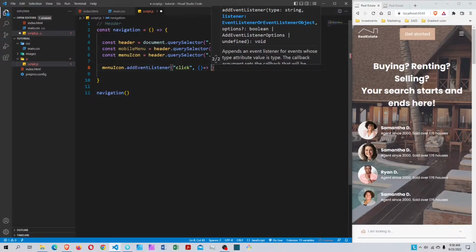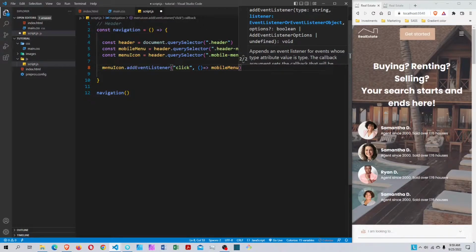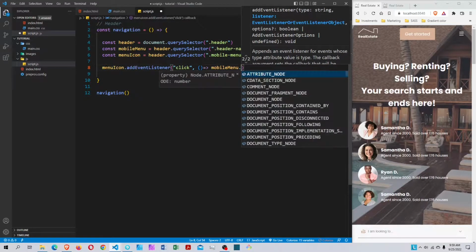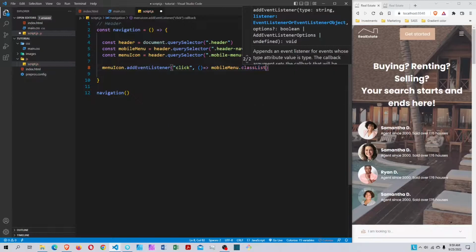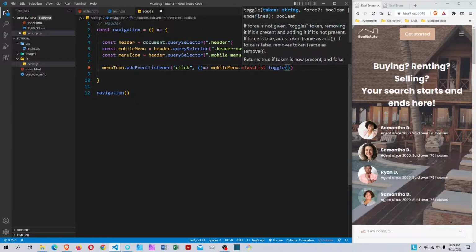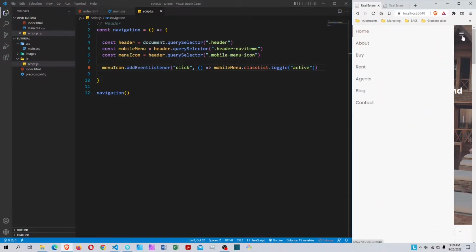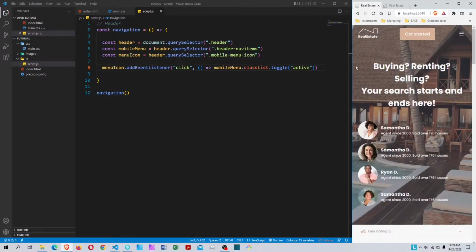So all we want to do in mobileMenu is toggle the class active. So classList.toggle, and then we're going to add the class active. So if the menu has the class active, it will remove it. If it doesn't have the class active, it will add it. So if I save this one, and we click, as you can see, it shows. It will remove it. If I make it larger,